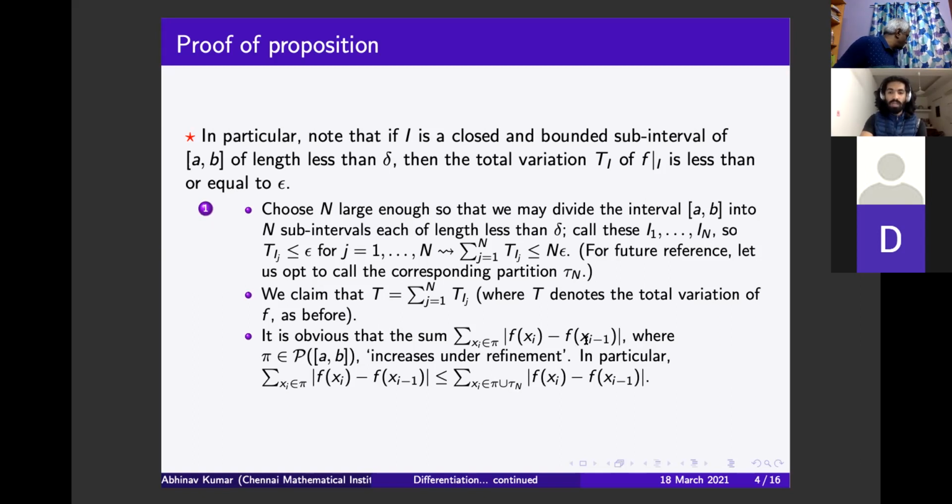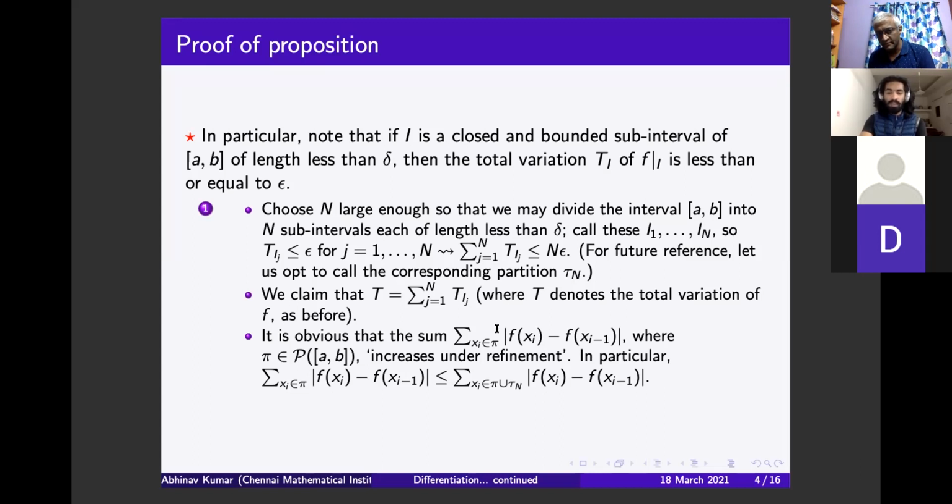So hereafter we will at least verbally be referring to this particular sum as the variation of our function with respect to the partition pi. So it is obvious that this variation with respect to pi, where pi is any partition of AB, increases under refinement. This can easily be shown. In fact, you can think of adding one more point to our partition, and then you can proceed via induction. And the idea is, when we refine the given partition pi with just one more point, then if that point so happens to